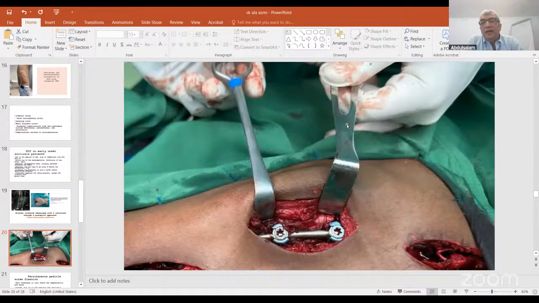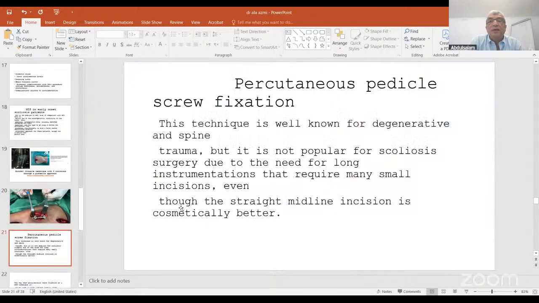Also, in the APC technique, that is active apex correction technique, it's a non-fusion technique that controls the apex through modulation, not through fusion, a kind of a procedure modification of the Shilla. And you can see 3 incisions, one for proximal screws, and this one that is exposed, it's for the tethering screws, and the distal one for the distal screws. So it's a kind of less invasive technique.